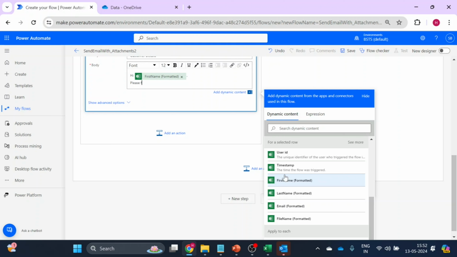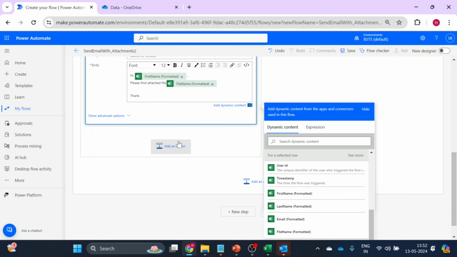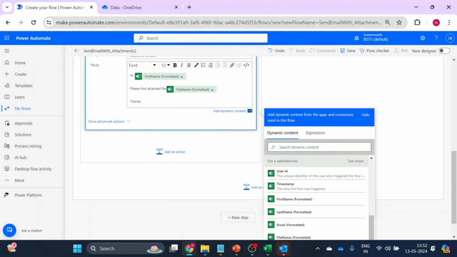Please find attached file and here I want file name. Here I'm clicking file name. Now thanks. Now here I want regards. Like okay. So this is